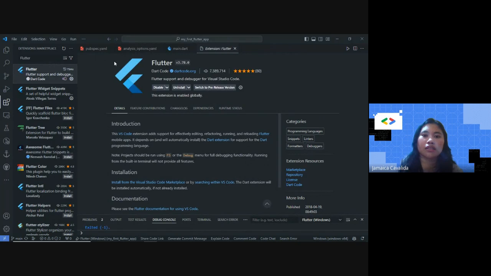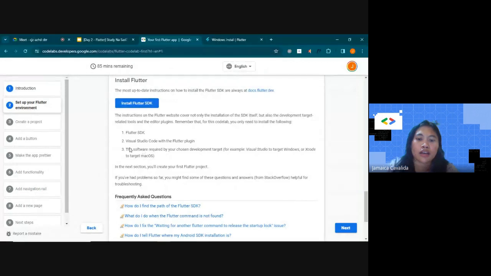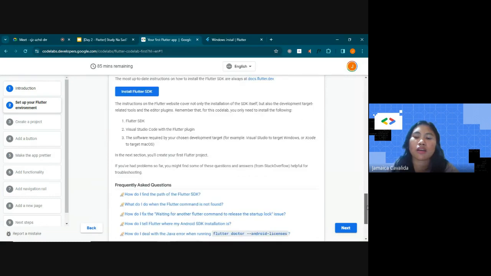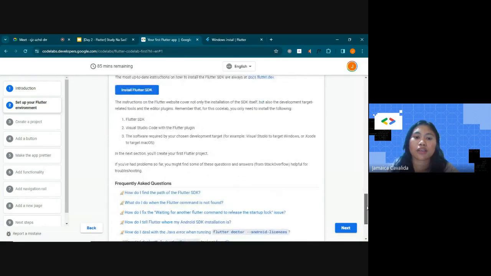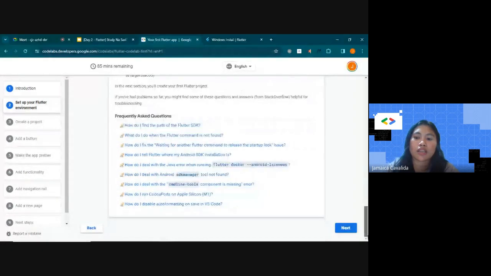Kuan lang, install lang, Flutter extension, and then ang software required by your chosen development target. Visual Studio Code, we can use the Windows lang pod, pero pwede man sad sa web, makaran naman sad, walay hot reload siya. And then, next,